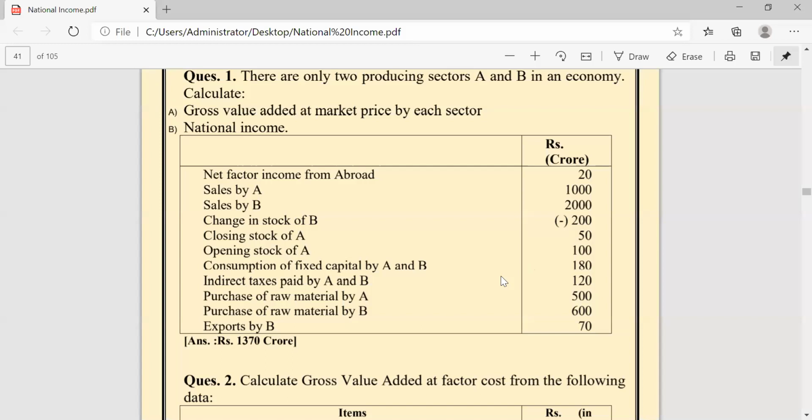Let's see who solves first. Let's see who quickly solves and shows me. Solve it.